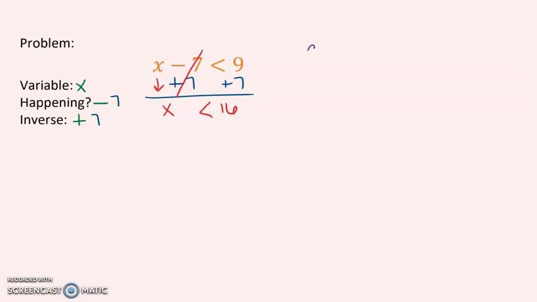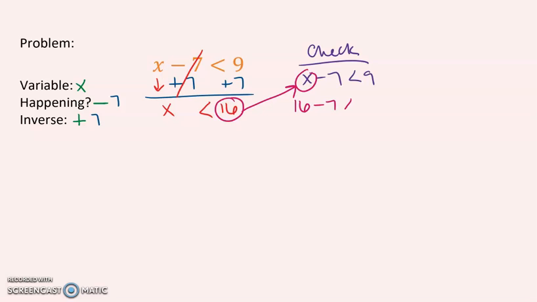But as always, we need to check it. And so when we check it, the first thing I'm going to check is that 16 is actually my answer. So I'm going to rewrite my original problem: x minus 7 is less than 9. I'm going to replace my variable with the answer that I got. I'm going to substitute. I'm going to say 16 minus 7 is less than 9. Now, if you remember from the previous video, I don't actually care what that number is on that side right now. I need to check to make sure that the math actually works, that 16 minus 7 gives me the correct number. I get that 16 minus 7 is 9,